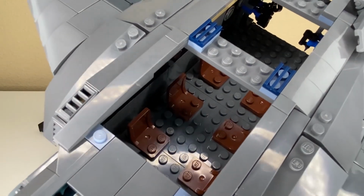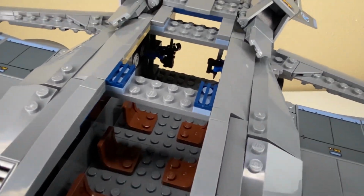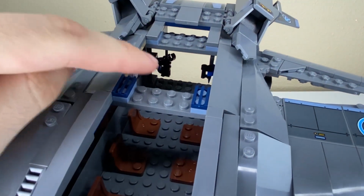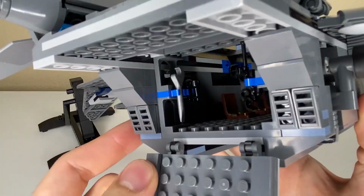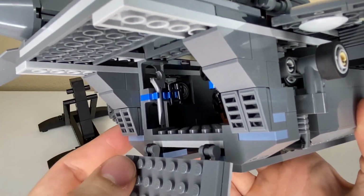But luckily that's not the only thing you get in the interior section, because closer towards that back door you guys can see some small equipment stands. And then heading around to the back side of the ship you guys can get a much better look at those. It's a little hard for me to get some light in there, so I hope it's visible enough for you guys,